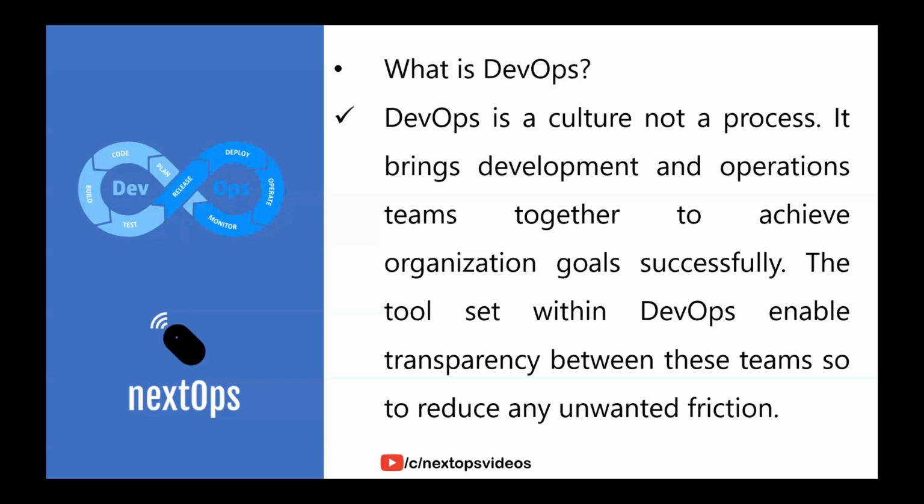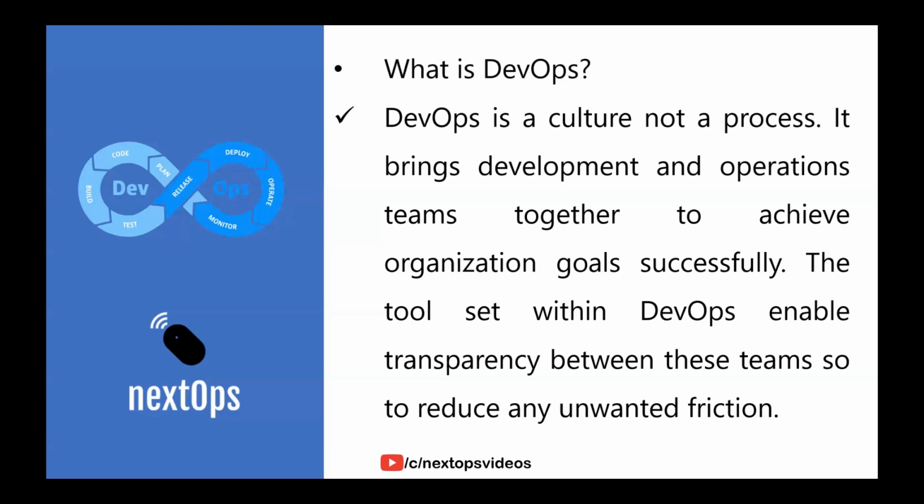And DevOps is a culture which extensively uses a tool set. And these tools expose whatever has been done by any team, any person within the team. So if any changes are done by the development team, they will be exposed to the IT team. If any changes are done by the IT team, they will be exposed to the development team. So everybody will be on the same page and there will be no friction at all. There is no chance for blaming each other.